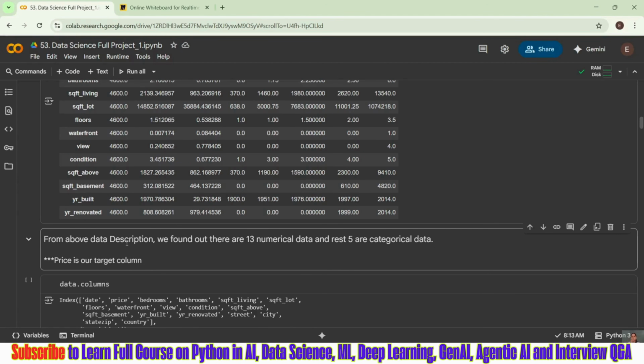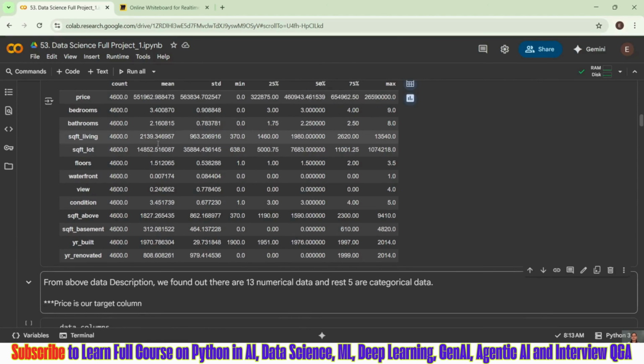And whenever you are working with machine learning concepts, every time you will be having a target column. Most of the time you will get your target column, but when you are working, you should be able to understand that you should have a target column. So when I'm talking about house pricing, what is the first thing that comes to your mind? Price, right? So my price is my target column, and it is what I want to predict in the future.